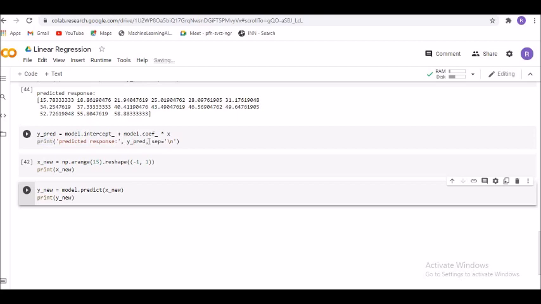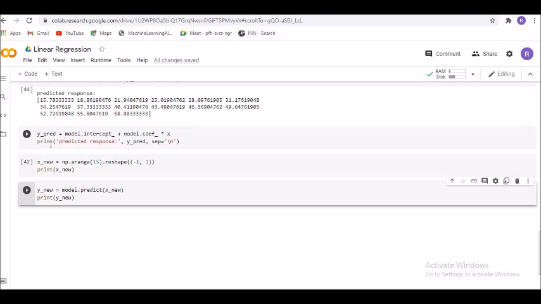When applying .predict, as we have done here, what are we trying to do? We are passing the regressor as the argument and getting the predicted response which is required. This is the manner in which we predict the response. You will also see y_pred equals model.intercept_ plus model.coef_ multiplied by x. So that is how you predict and get the entire model in front of you.